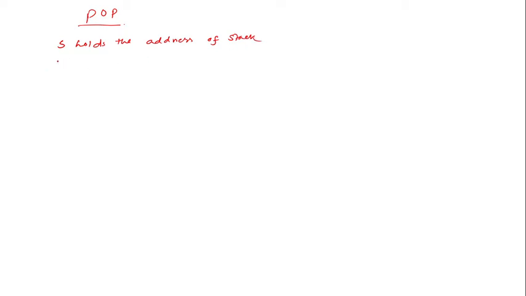Okay, and X is a variable which will store the popped element. Okay, so you need to write down this because we will take S and X, two variables, in this algorithm. Next, the thing is the same. So pop,